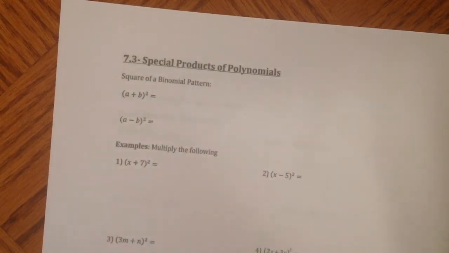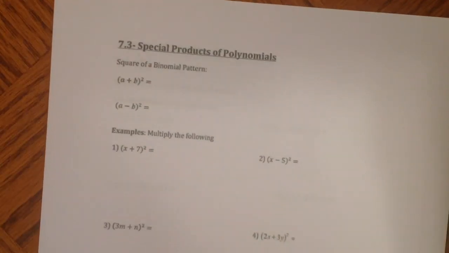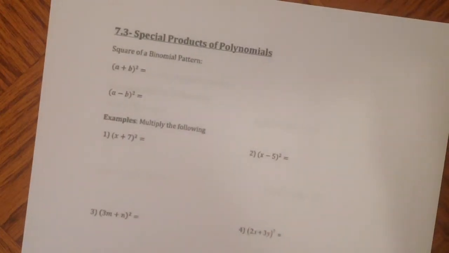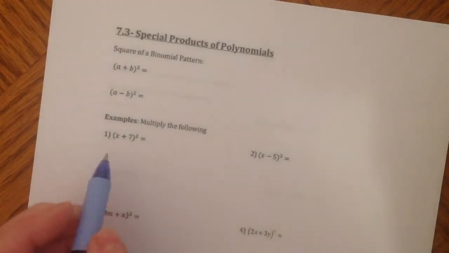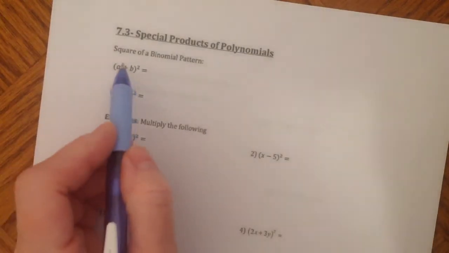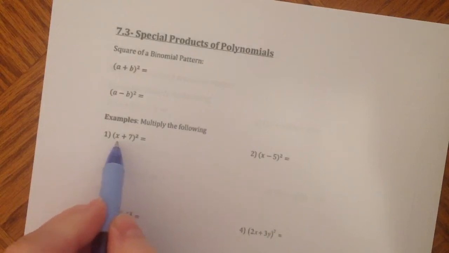You can still use FOIL, you can use that vertical method to multiply, you can use that box if you want to go through and multiply. But these are special cases. There's little shortcuts for it. I'm going to teach you sort of the nuts and bolts, what you have to do in order to multiply these things. So if you look at your square of a binomial, what this means is if you have x